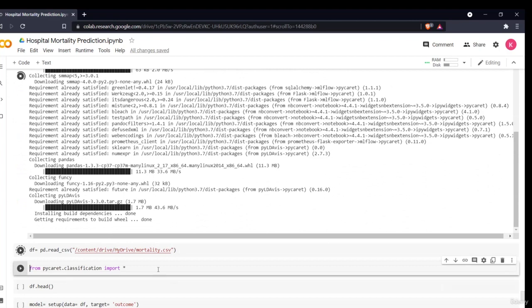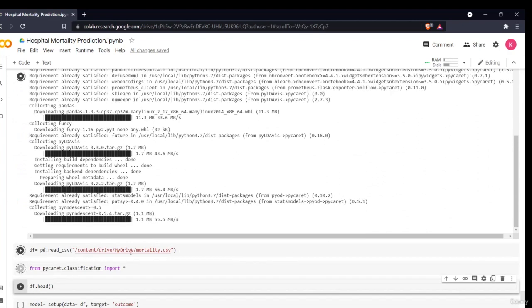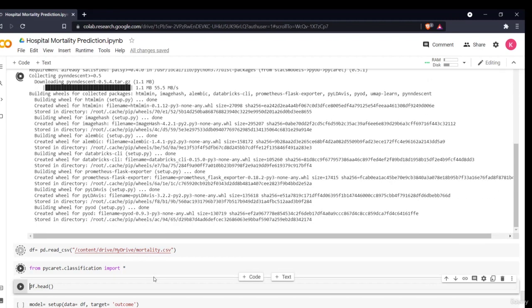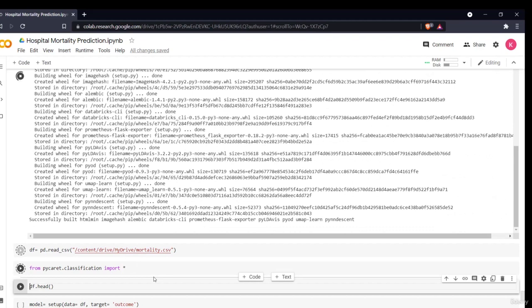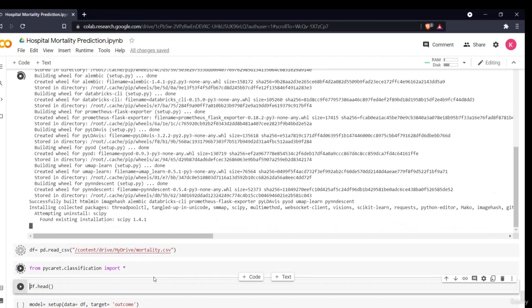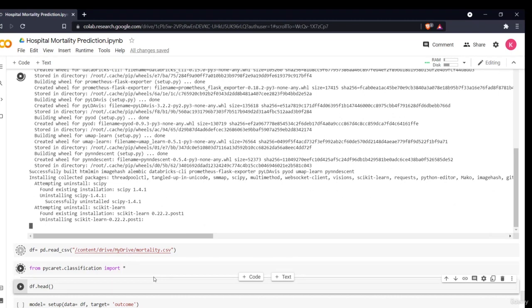The next thing we'll do is read our data again. I don't have to do the pre-processing part here, because as I've already told you, PyCaret can also do the pre-processing. So I'll simply read my data. As you can see, it found the existing installation of these libraries.